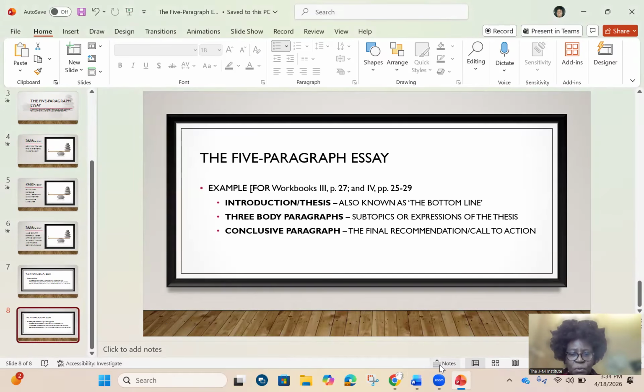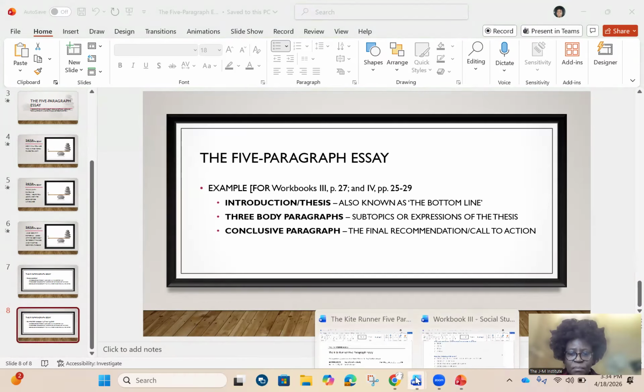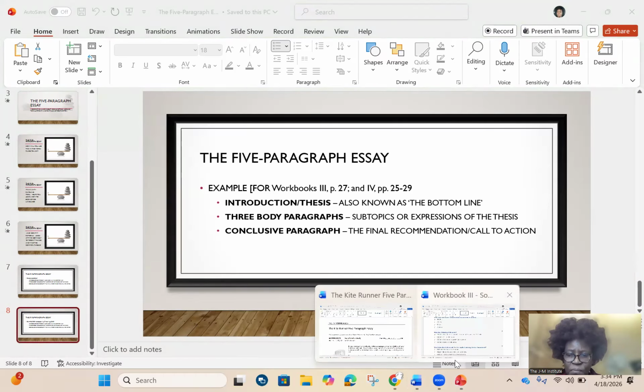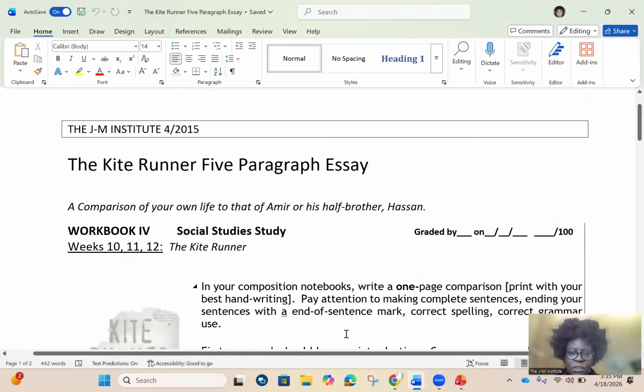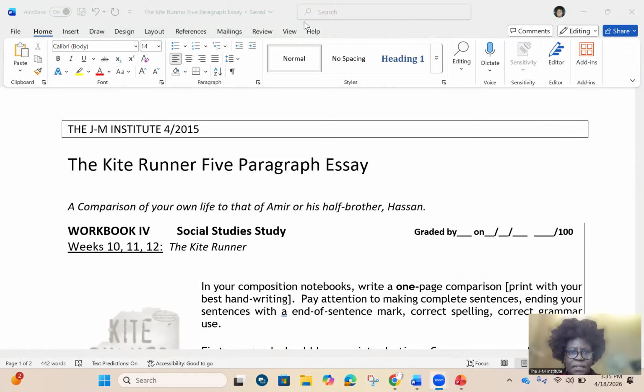This can be used not just for this particular lesson or this particular workbook, but this information can be used in any instance that you're required to write a five-paragraph essay. So let me make sure that I'm sharing what I'm supposed to be sharing here. What you're looking at right now is the structure for